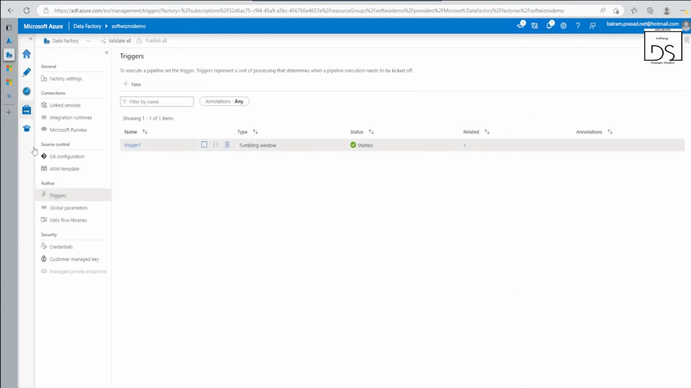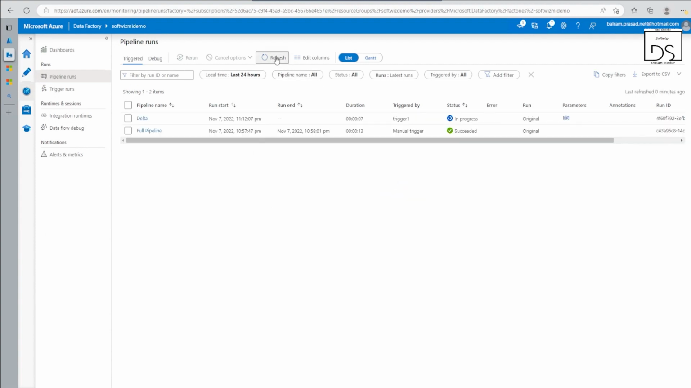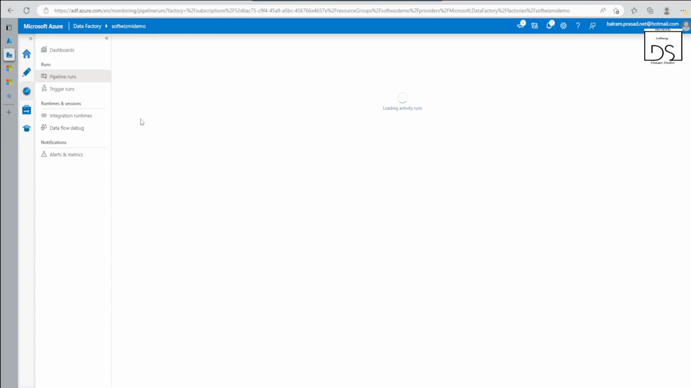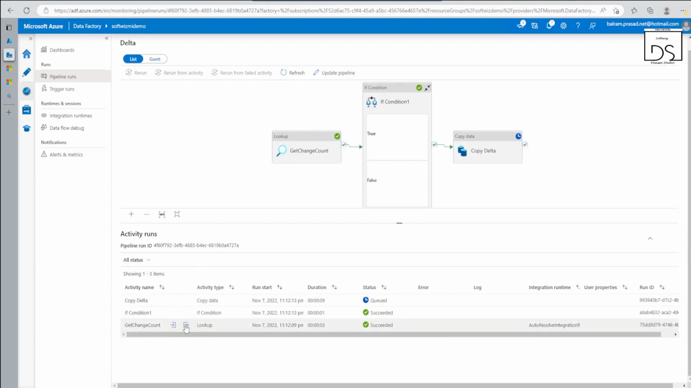So let's monitor that one, and we will see the first run, whether it is failing or succeeding. So this trigger has been started and the pipeline is right now running. And if we go into the details a little bit first,